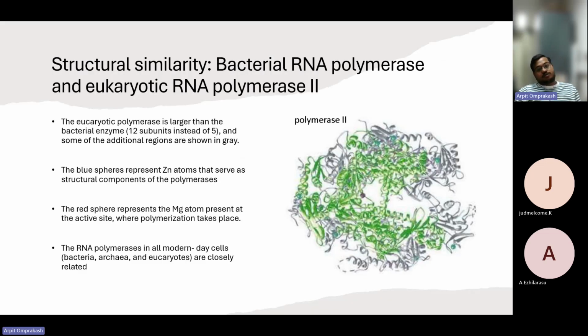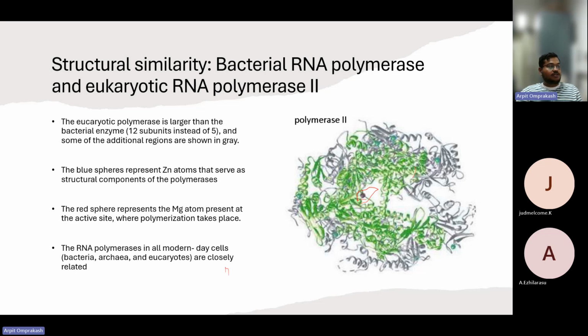The bacterial RNA polymerase is similar to the RNA polymerase 2 that is found in the eukaryotic cell. Here we see that the eukaryotic polymerase is larger than the bacterial enzyme. It has 12 subunits instead of 5. All the additional regions are shown here in the gray color. The blue spheres represent zinc atoms that serve as structural components of